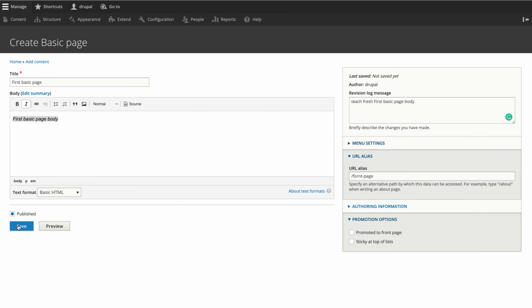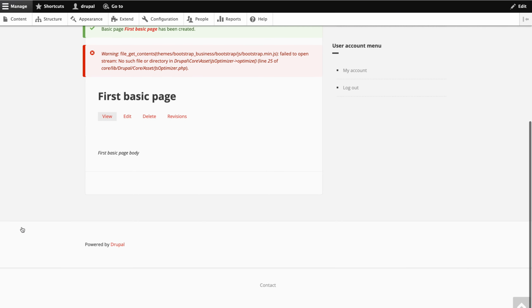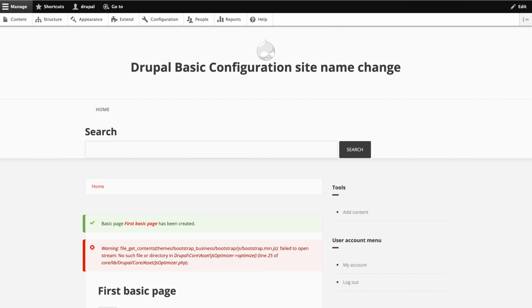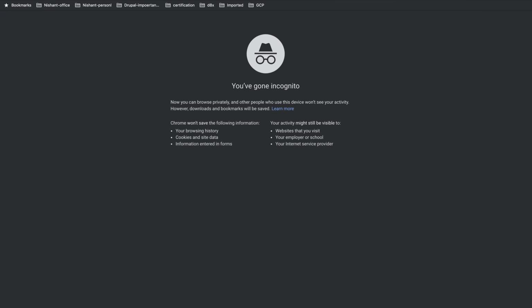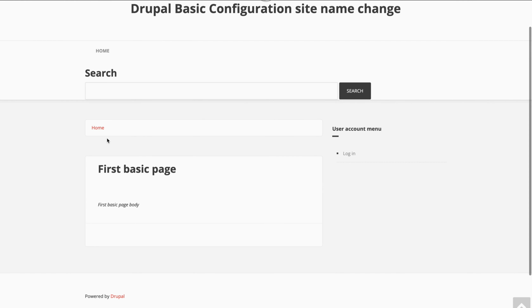So I'll use this basic page content type for first basic page and first basic page body, and I'll publish it. So you can see this first basic page is ready. Now if you want to see this page as an anonymous user, yeah, the basic page is ready, right?